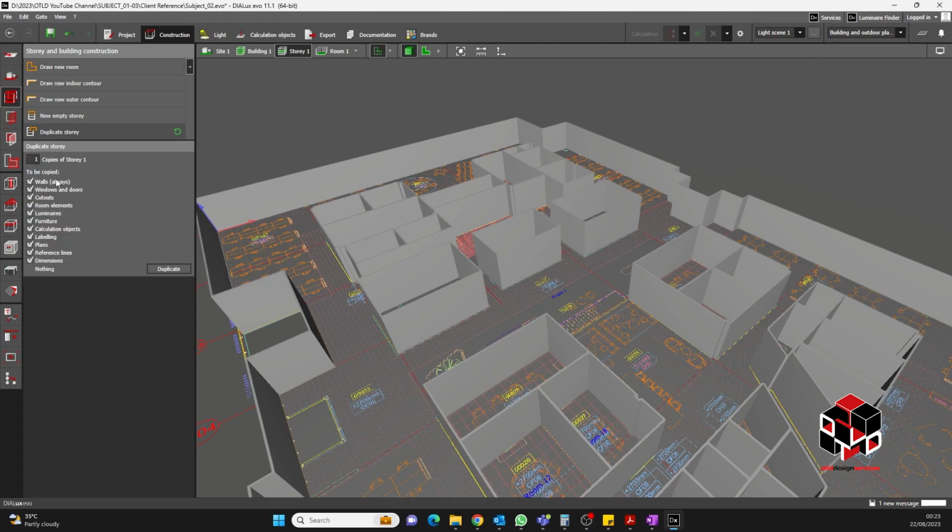After that, you will see a variety of parameters related to the floor that you have initially created, and a checklist of the parameters that you want to include, namely walls, windows, mostly room elements, apertures, calculation objects, furnitures, plans. So DIALux wants it to be easy for us, especially when we're dealing with typical floors. You can also identify how many floors you want to duplicate depending on the requirements of the project. So all you have to do is click duplicate,